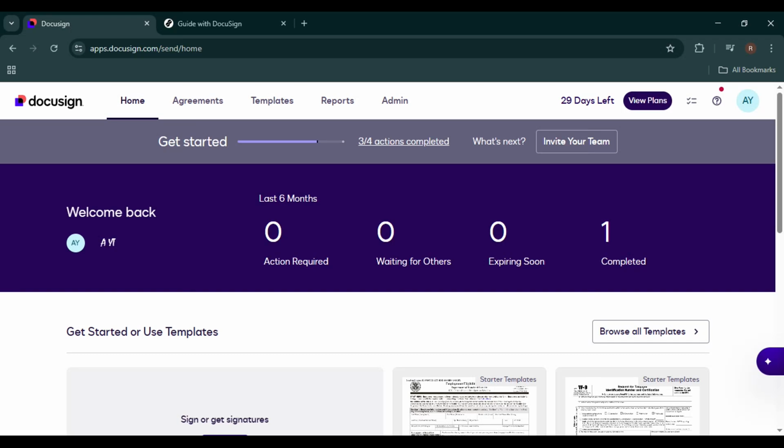In today's video, I'm going to show you exactly how to add DocuSign tags to a PDF in DocuSign, step by step. If you're creating contracts, agreements, or any document that needs signatures, initials, dates, or text fields, adding tags properly is essential to make sure your recipients can complete the document without any confusion. I'll walk you through the full process, from creating a template to dragging and dropping the required fields onto your